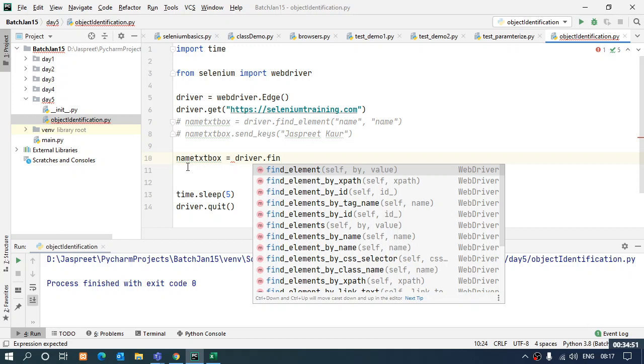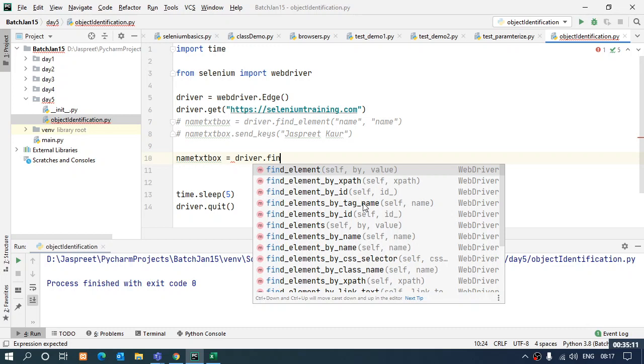Now you can see the suggestion box. It has been populated over here itself. You can use whichever function you want. There might be some delay.